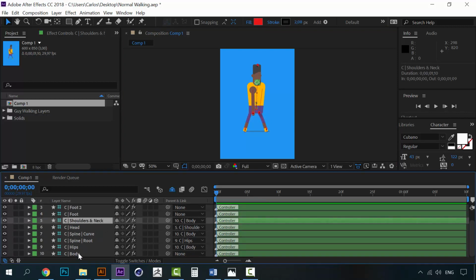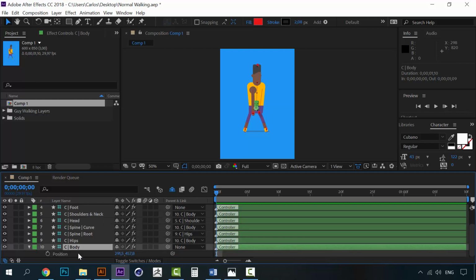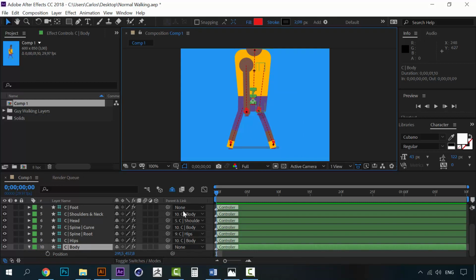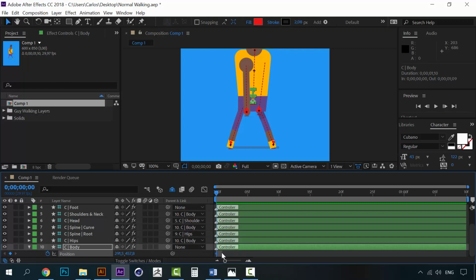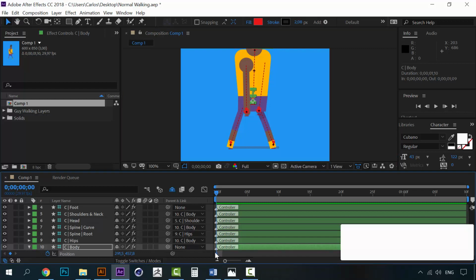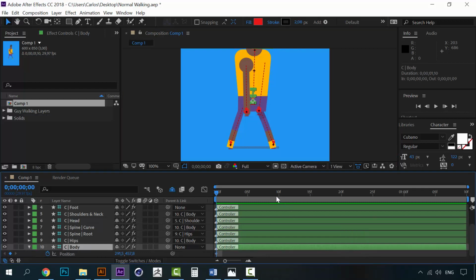So now we can animate a little of the body. We're going to open the position for the body. And we're going to set the position with a keyframe. And we're going to place a keyframe here too. And for the first keyframe, we're going to move the body up a little bit. So we're going to create like a little jump